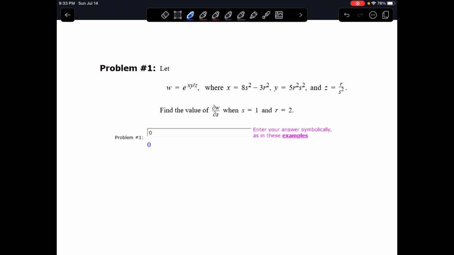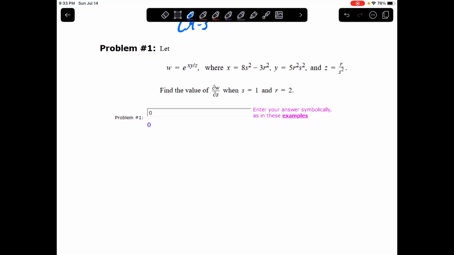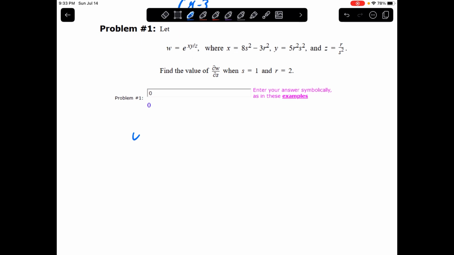Hello everyone, this is Child's Math 3, assignment 3 I believe. So we're going to try and get through as many questions as we can in the time that I have to record this. So, first one, if you just plug in for W, right, and you try and take the